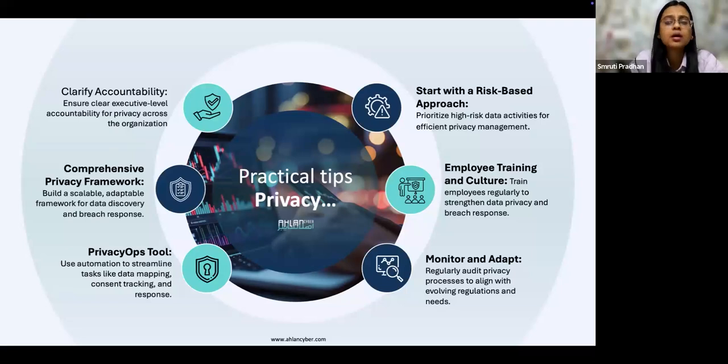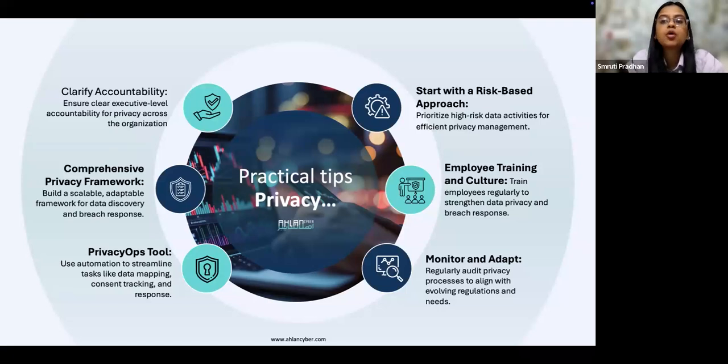and depending upon the kind of work that is expected in a privacy program, the work is massive. And it's an ongoing process. It's not like you have implemented 6-7 things and then you are done. Every year new processes will come up, new applications will come up, and the program has to go into that as a state. So just like a cybersecurity program is running, you need to have a privacy program running within the organization. Start with a risk-based approach.